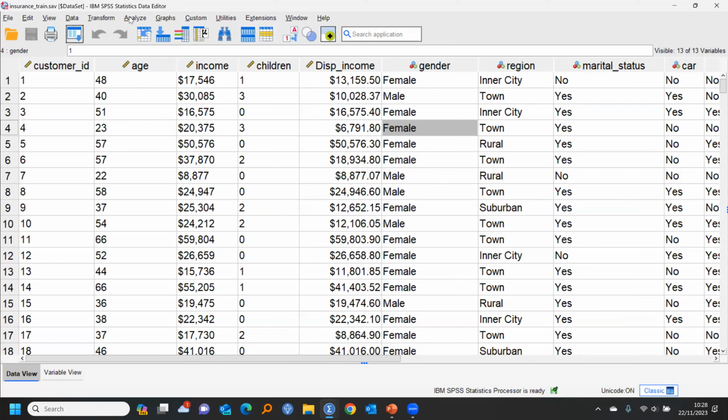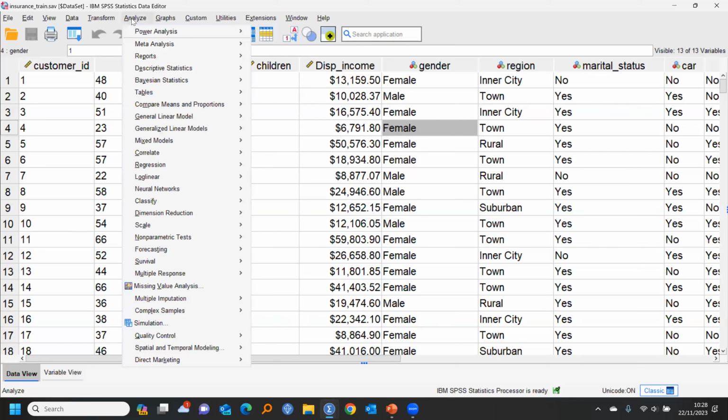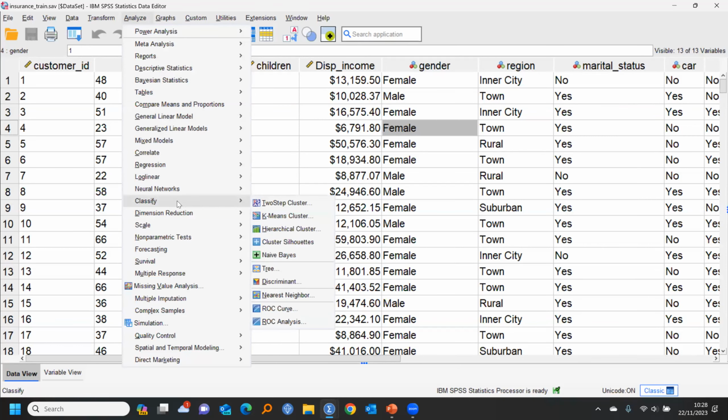And we want to run decision trees. We're going to find that in the Analyze menu here. It is a module within SPSS. So if you're looking under Classify here and you're not seeing Tree, it means you haven't got the decision tree module. It's an additional module that you get within SPSS. I think it's included in the Professional and certainly within the Premium pack, but you can also get it individually. So you can add it to your SPSS base installation individually. If you click Tree at this point,